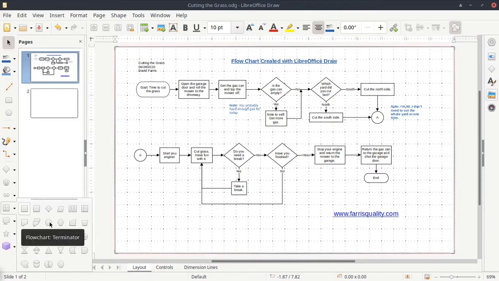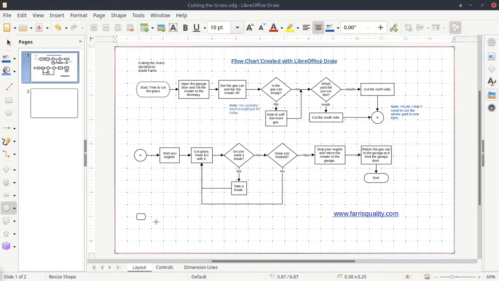Connectors, and terminators. I'm gonna make a terminator. Terminators are kind of like rounded rectangles. So those are important. I want to show you something else too. Something else I do when I set these up, I take all the padding out of these cells. So here's a terminator I just put in there. And if I go up here and click on Format